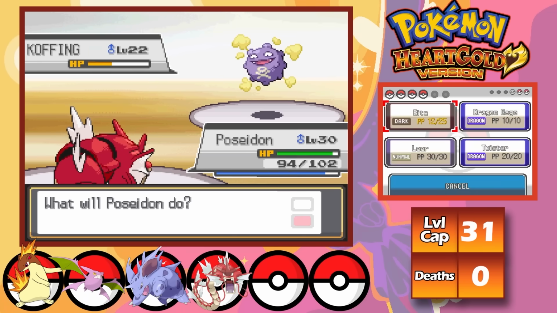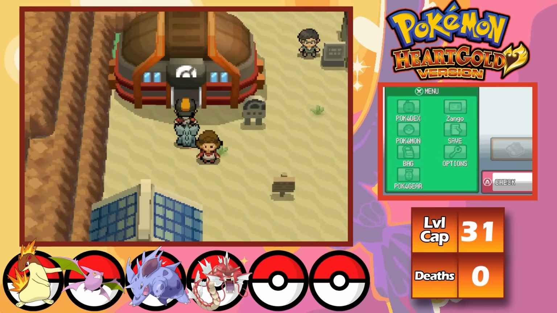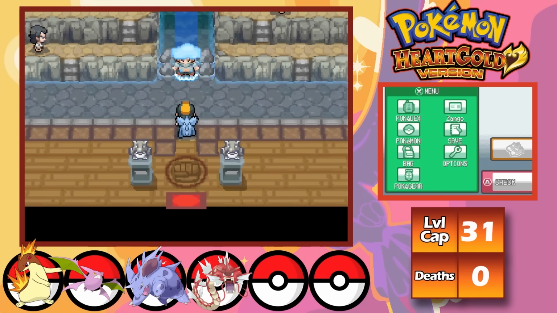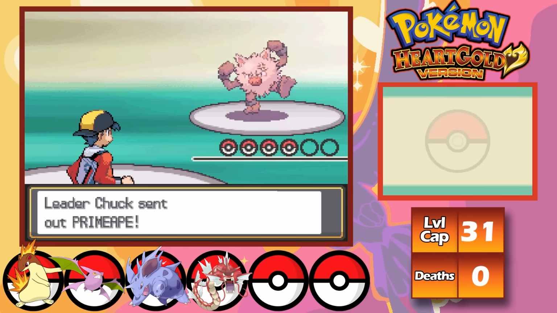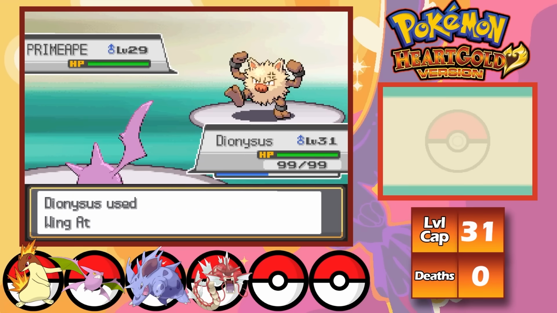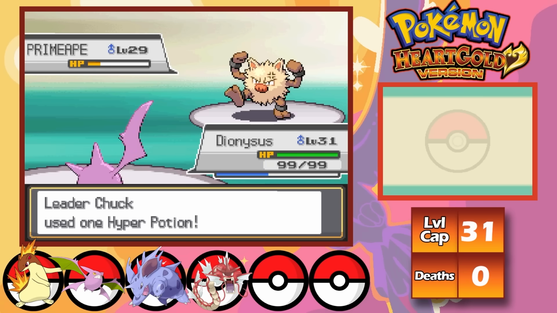stop is Cianwood City. Cianwood is the start of like 3 gyms back to back, so just bear with me here. My first fight with the gym leader, Chuck, is a really easy one. He leads the battle with Primeape as I lead with Dionysus. I start out by going for a Wing Attack, instantaneously bringing Primeape into the red as he hits me with a Leer. Then we kinda get stuck in a little loop with Hyper Potions, but eventually Primeape goes down as